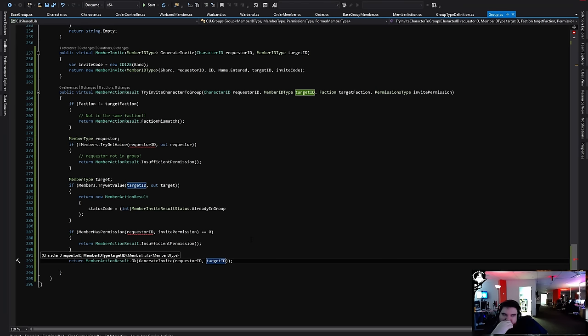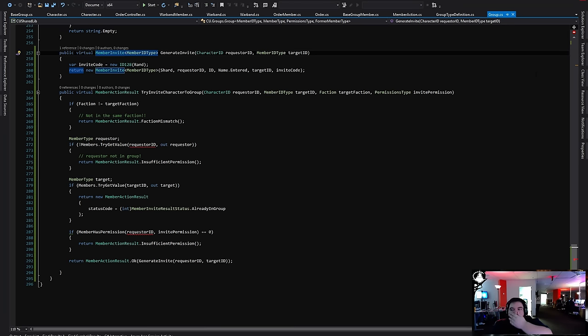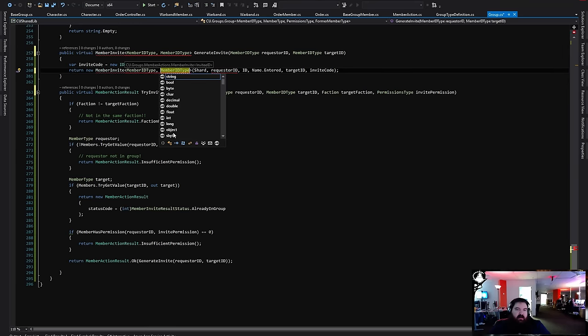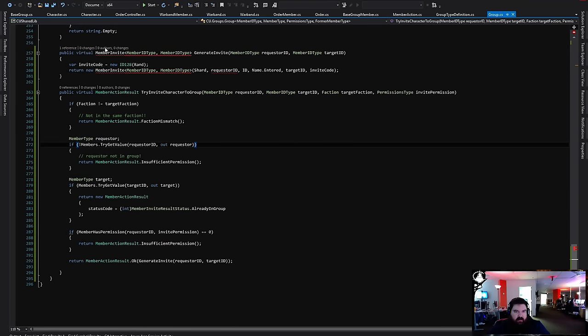I could make it so that any type, these invites can be generated by a group as well as a character. And I'll just change our invite, my invite class to accept that. Yeah, I can do that. So we'll just assume that this is going to accept 2 parameters. And just change the invite stuff.